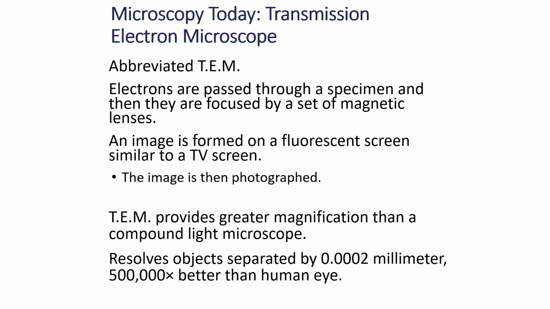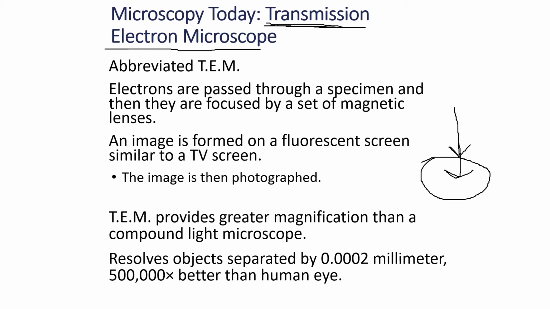A lot of microscopy today uses electron microscopes. You need to know the difference between transmission and scanning. Transmission electron microscopes let you look through a cell, so the inside of a cell, in high detail, and so you could look at organelles and sometimes molecules like proteins inside the cell with a